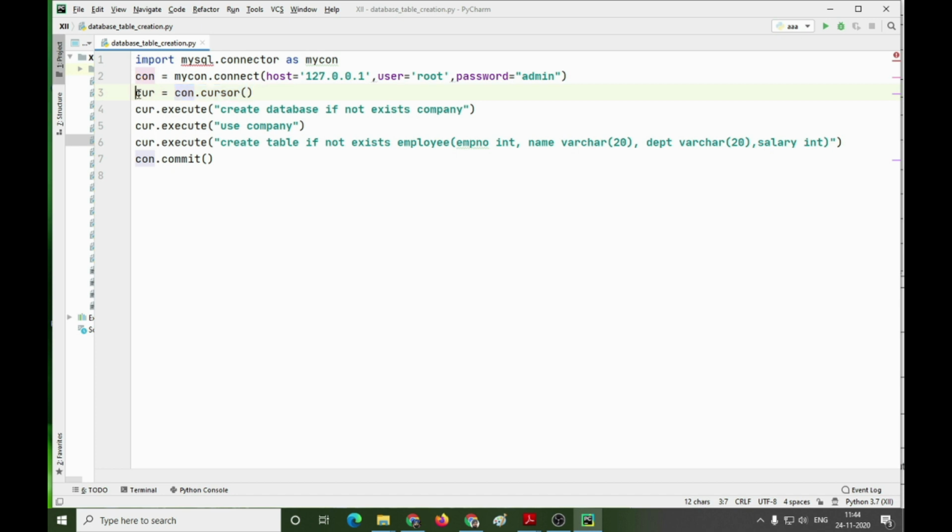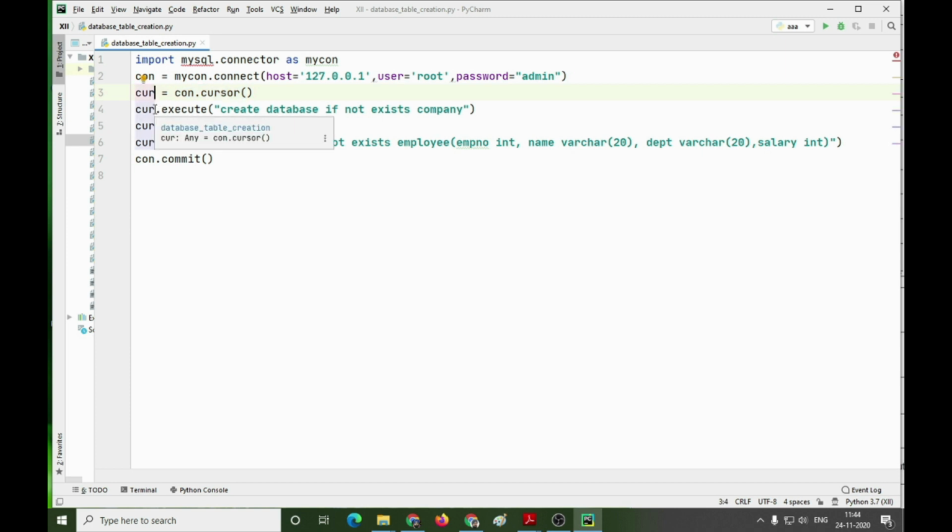Cur is a variable name which I have given for the cursor. You can give any name, the name does not matter.